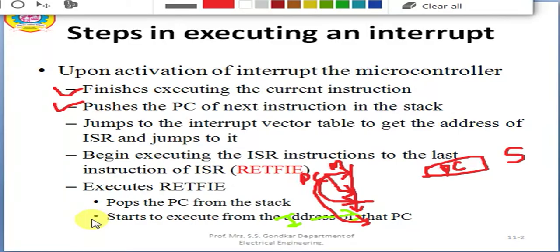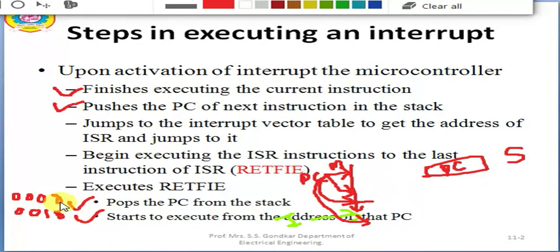I already told you that there are two memory locations in the interrupt vector table. One is the address 0008, which has the higher priority, and one is 0018, which has the lowest priority. So it will search for any of these addresses, whether it's 08 or 18. Accordingly, the control will be transferred to the interrupt service routine.